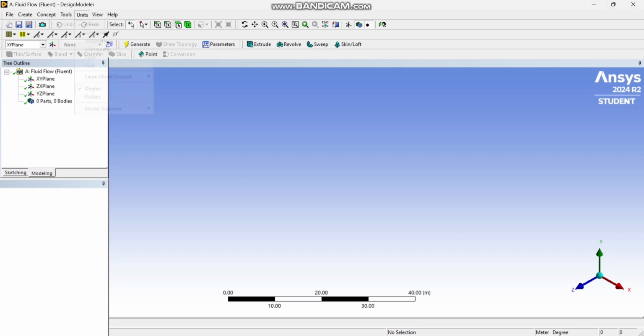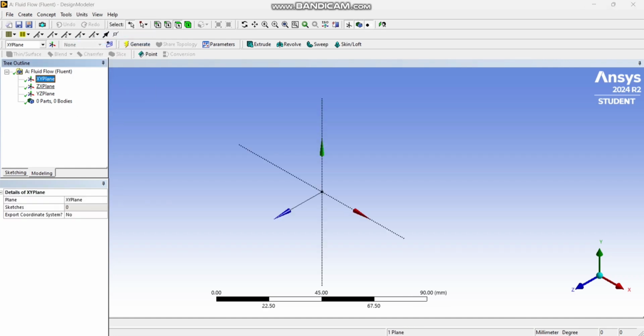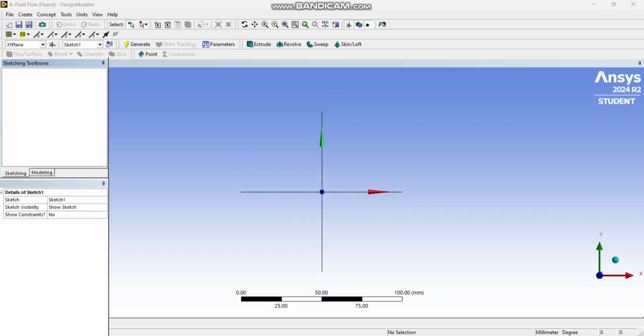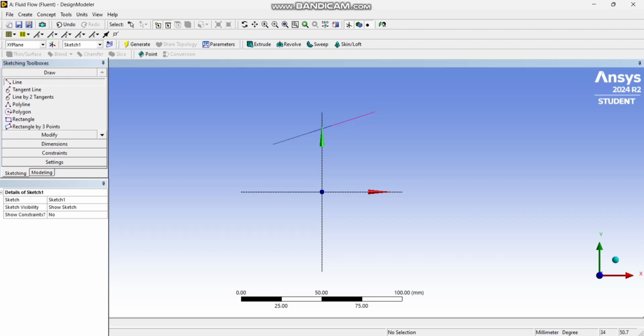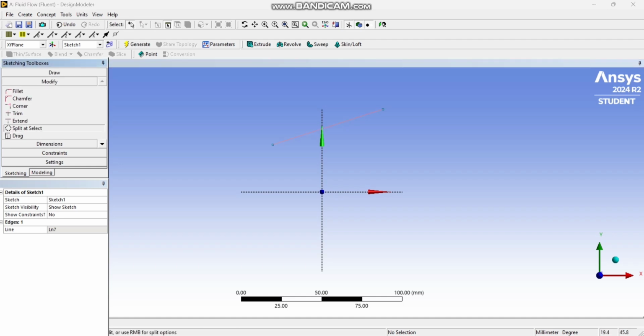Let's start with the units in millimeters, and I will sketch on the XY plane. A new sketch. In sketching, I will select the line and sketch a line. Then I will use modify and split a region. Why did I do this? We want to make sure that we split this model into two sections and select the right one. And then I will use coincident,